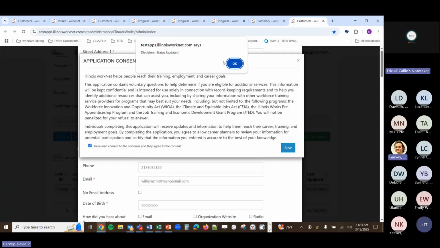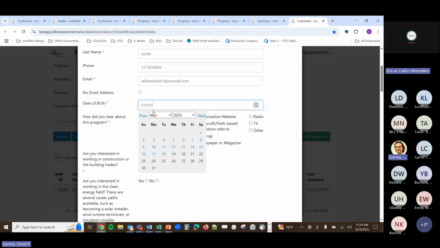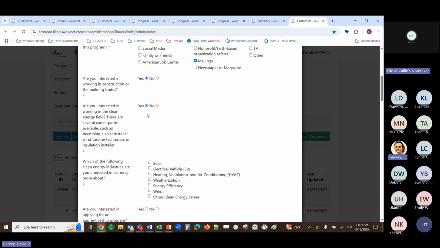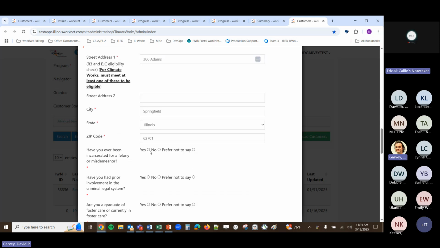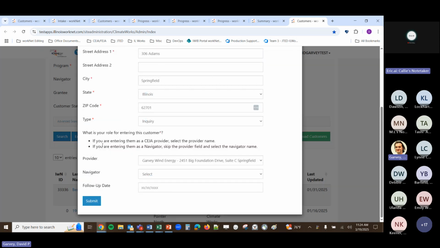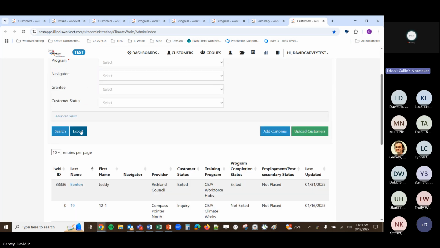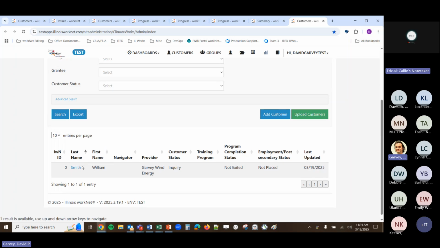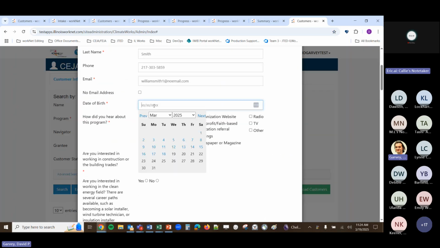Okay, let me see here, because I'm not sure why. Yeah, there could be one of two things. I just want to make sure. On one hand, they could have an existing workNet account, and it might sync up with an existing one.